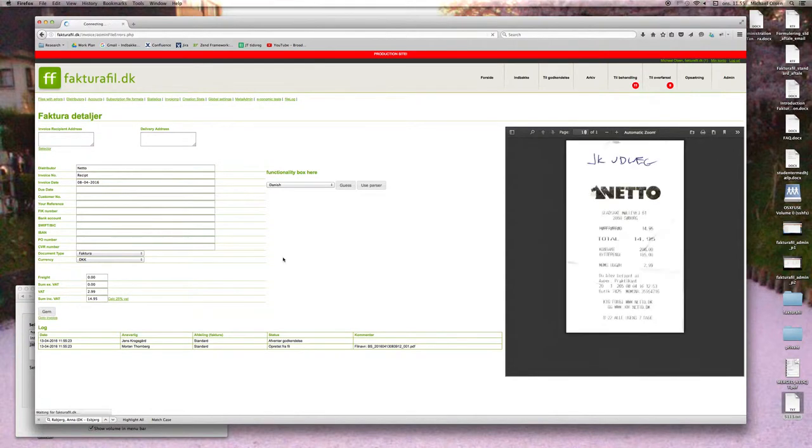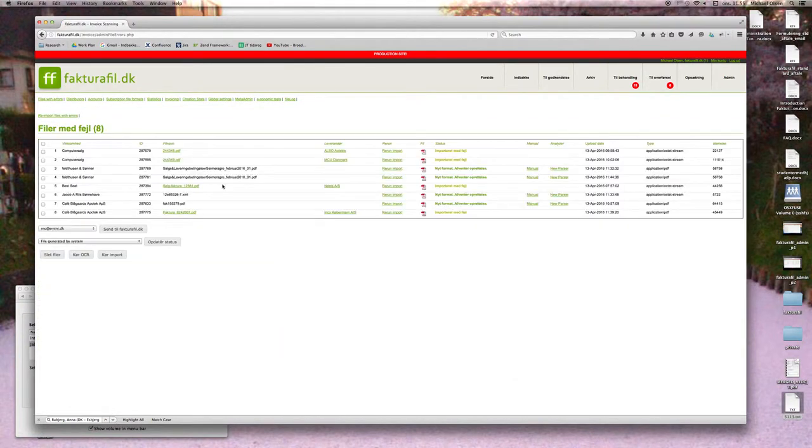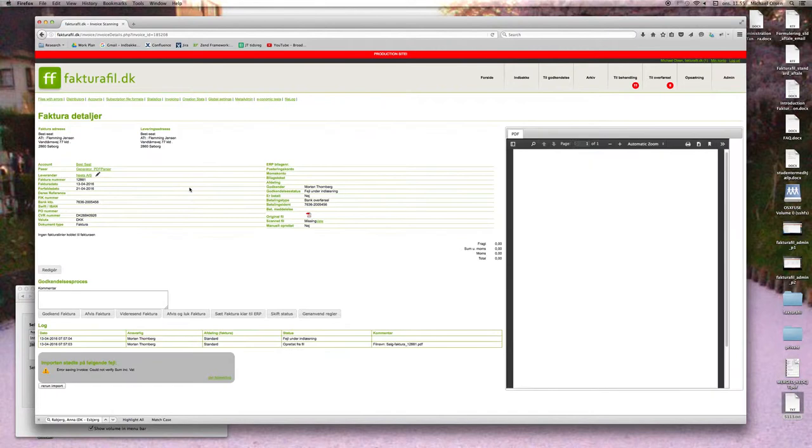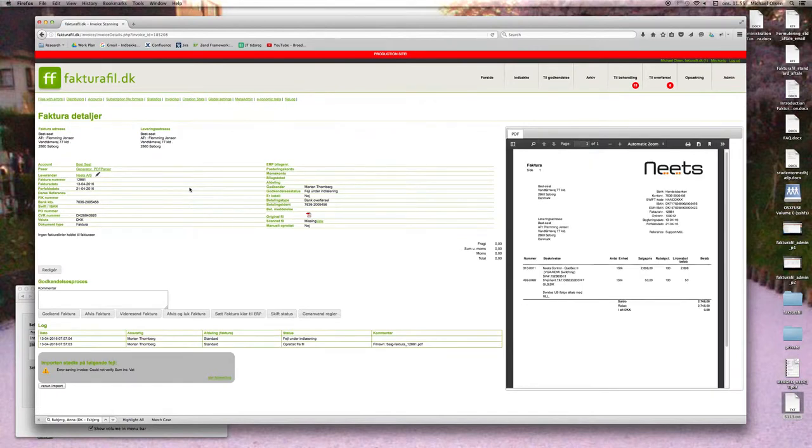Going back to files with errors. Okay, this next one from Best Seat. This is actually one that we imported before, and so this is the Best Seat Nets. As you can see, it has recognized Nets. So if we click on this, it's not the one before. Sorry, this is actually a new invoice. So we can see that it is imported Nets, but it looks